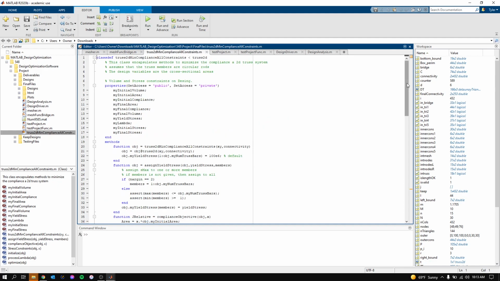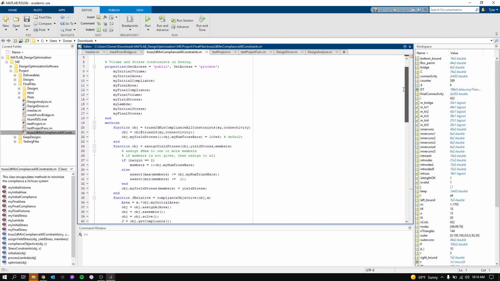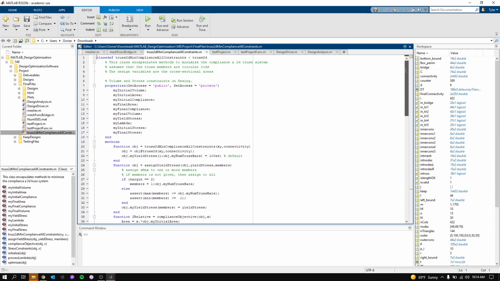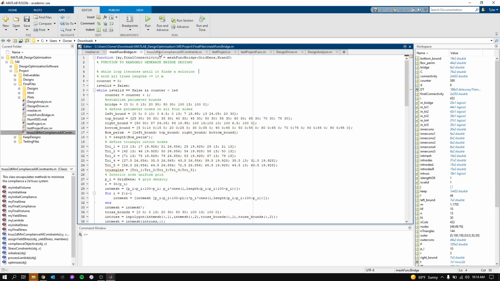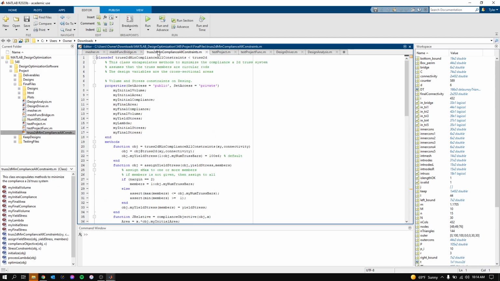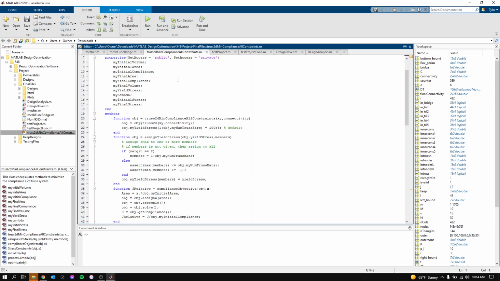Here's the algorithm created by my partner and I that actually does the optimization. The optimization being you submit a design. Here's the coordinates, the XY coordinates. That's what the measure returns: the XY coordinates of all the joints, all the nodes where members intersect, as well as the connectivity. So in what order do the members connect? You've got member 1 connects to member 3, member 1 connects to member 2, etc. So you submit the XY coordinates and the connectivity, and what